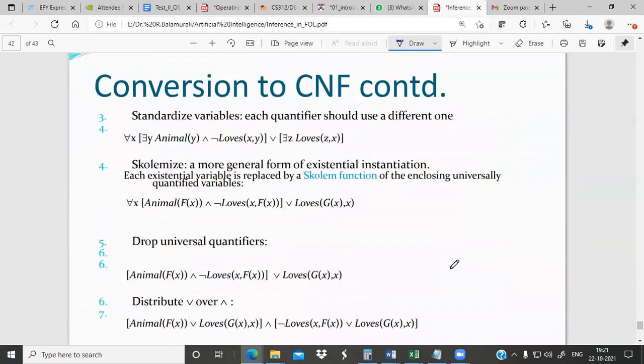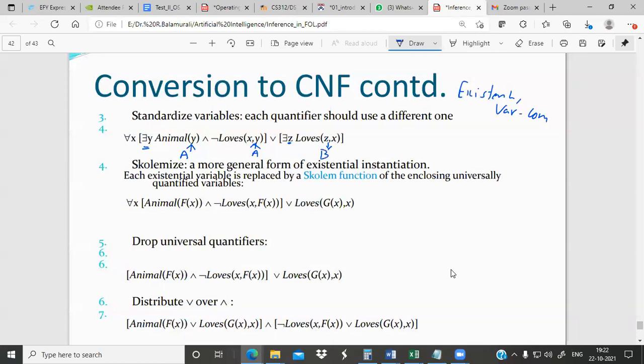Next, here you have there exists. If you want to remove there exists, we have to perform existential instantiation. When you perform existential instantiation, normally we replace the variable with some constant. But here we cannot replace it with a constant. The reason is, for example, this y we replace with a constant a, and this y also we replace with a. Say this z is also a, and this there exists, if you remove it, we replace with the constant b.